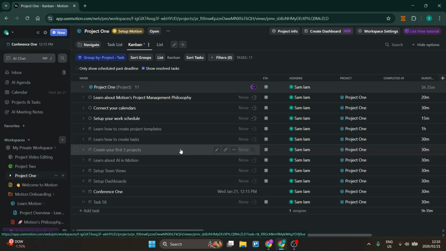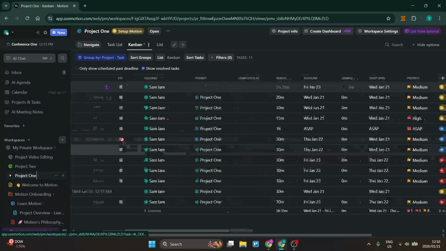Today I'm going to show you how to use the AI scheduling tool in Motion. So there's a bit of work around the AI scheduling that you can actually do here. So if you go into one of your projects, say perhaps project 1, we're going to go over to the